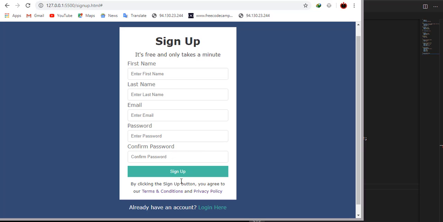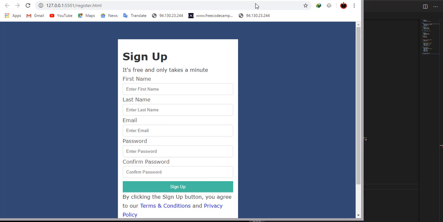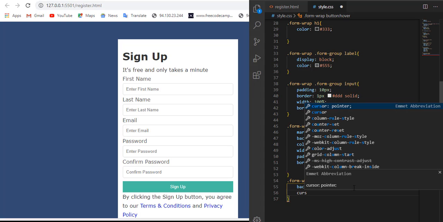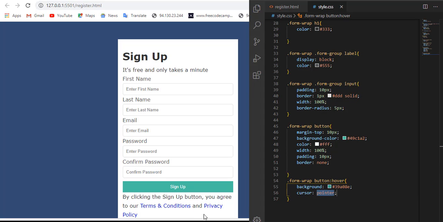So when we hover it, it becomes somehow darker. So let us also use hexadecimal of 49A08A. If I save, there I see it's working. So now let us change cursor to the pointer.